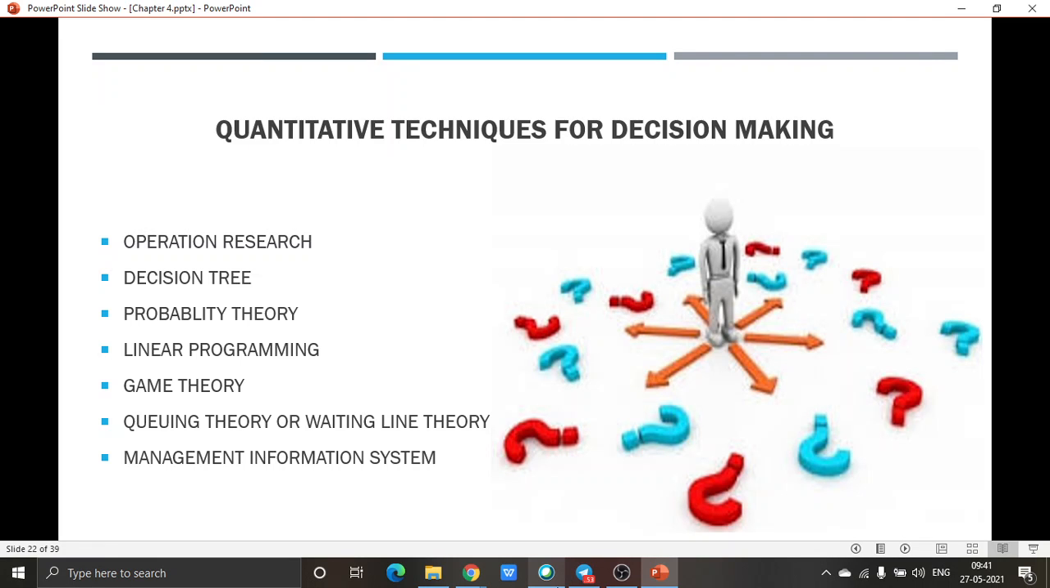Okay. Now we shall see in detail some of the quantitative techniques for decision making, wherein